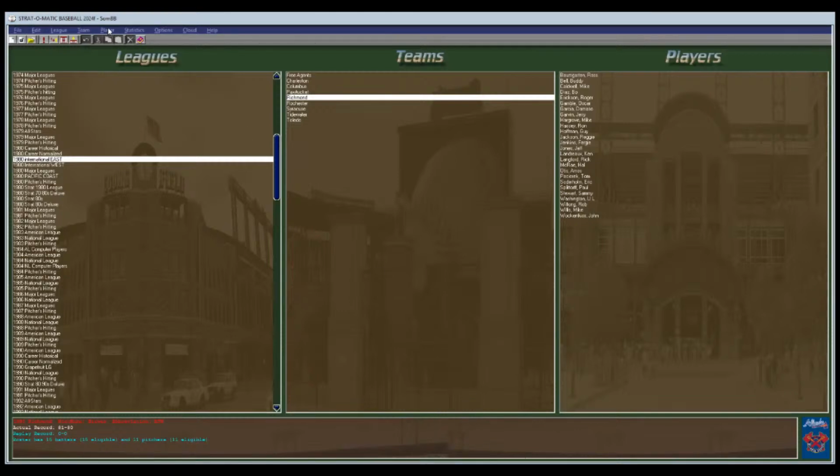So we're going to be spoofing the minor league baseball from 1980, the Eastern Division, which were the Charleston Charlies, the Pawtucket Red Sox, the Rochester Red Wings, the Syracuse Chiefs, the Columbus Clippers, the Richmond Braves, the Tidewater Tides, and of course the Toledo Mud Hens.